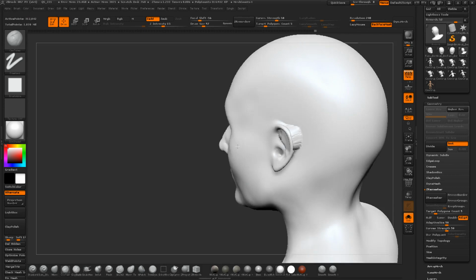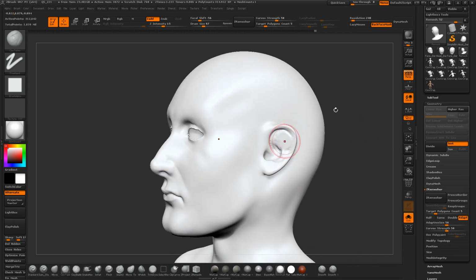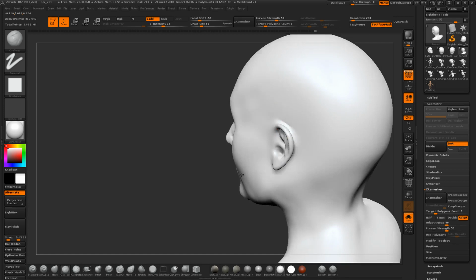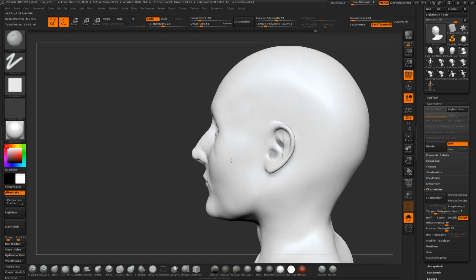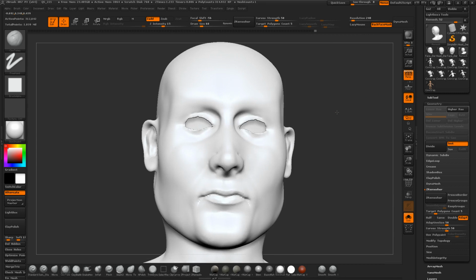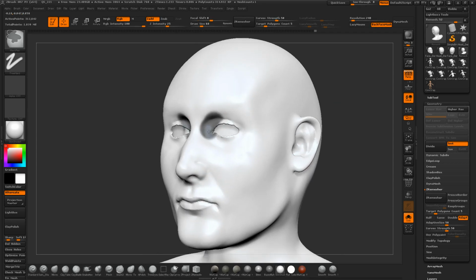So if you turn that option on, it'll recognize that you really only want to brush from the one side. So yeah, for some reason it's still sneaking through a bit, but generally speaking, that should work to prevent going through the backside. So I'm going to hold Control and sort of mask this